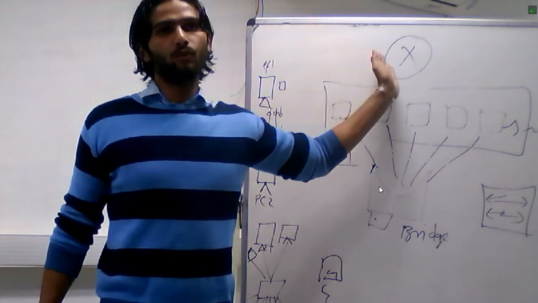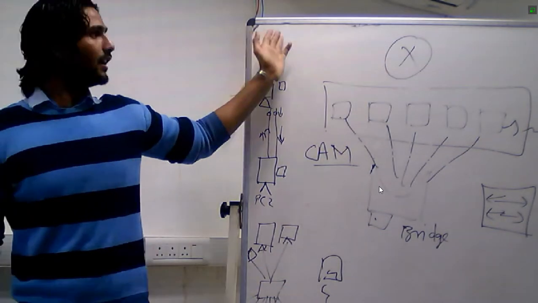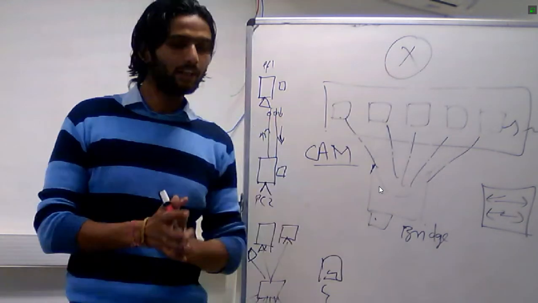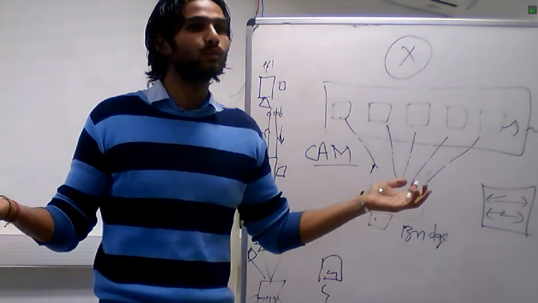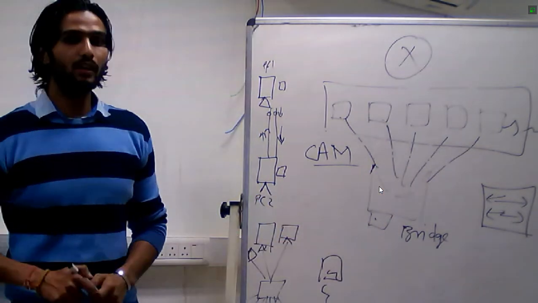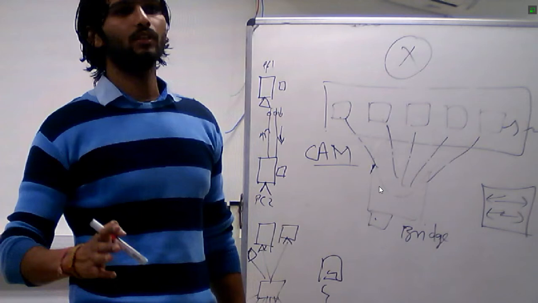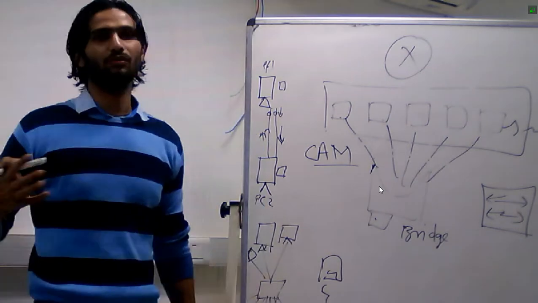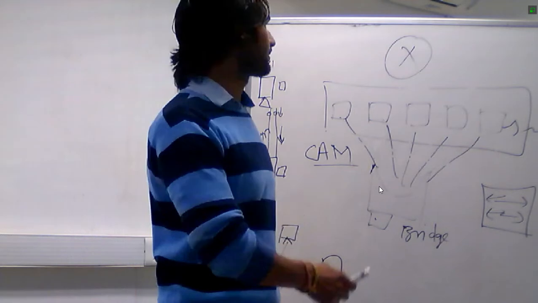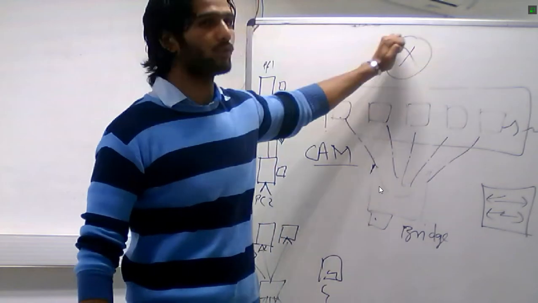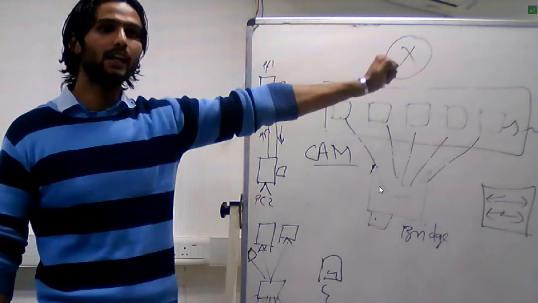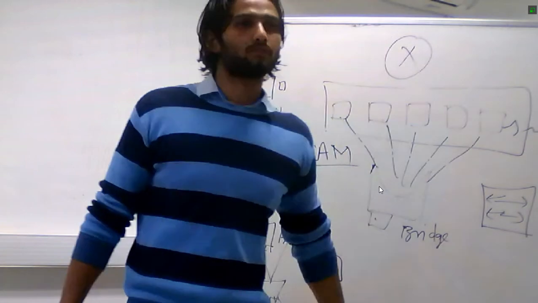Now we'll move to our router. I will give a very simple, layman's terminology for a router. A router is a device which connects two networks. Very simple. Believe me, a router is a very wonderful device. You can use it as a switch, as a firewall, as an access server, everything you can do with a router. But what is the basic function of a router? It is used to connect two or more networks.